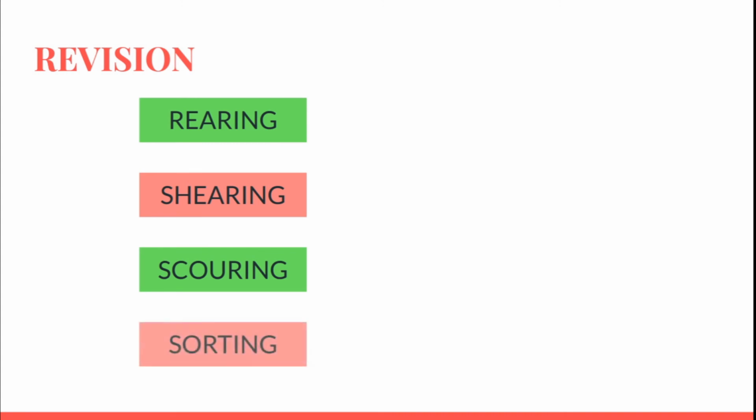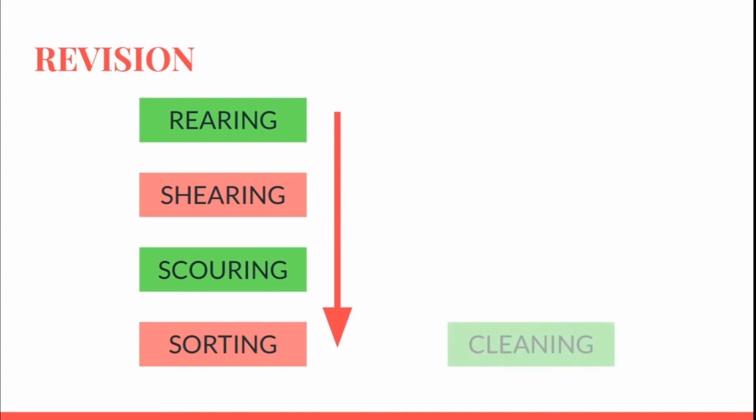Then the hairs are sorted according to the texture, like the smooth ones are separated into one bin, the coarse are separated to another bin, so that they can be used for making the different kinds of fabrics. Next is the cleaning of burrs. The burrs are the small entanglement of the fibers with each other.